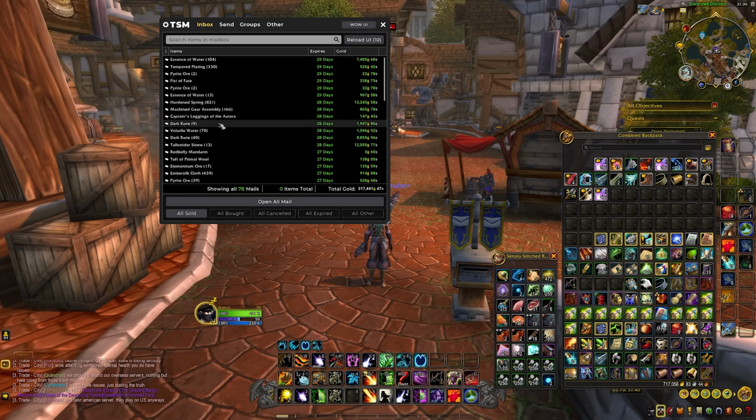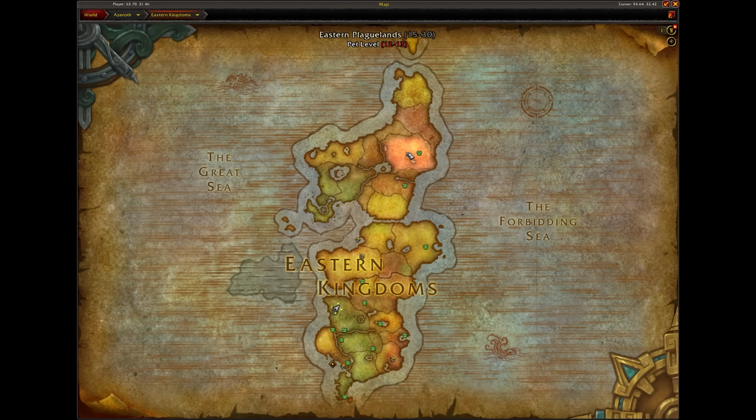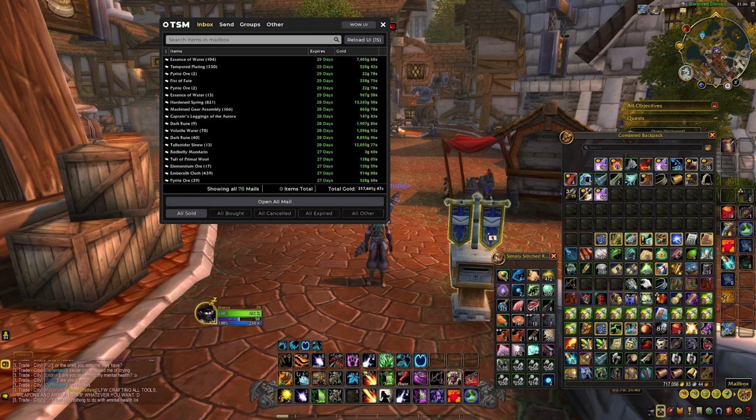We have some Dark Runes selling here. That is farmed, guys. We're probably gonna see some more Dark Runes. As you can see here, we have 40 of them selling for 8.8k. That is really good. That's gonna be 240 gold each or something. That is a really good price for the Dark Runes. Very lucky to get those sales here. 240 gold. Really happy with that. And that is of course located in Eastern Plaguelands. You run around in Corin's Crossing, just killing everything you can see, loot, and you will get Essence of Undeath